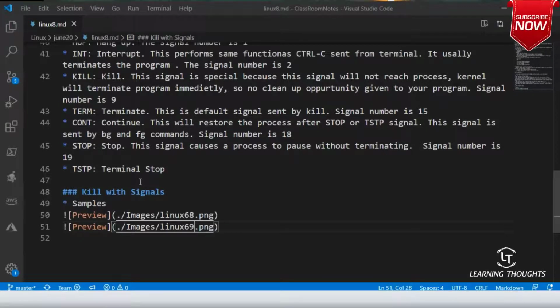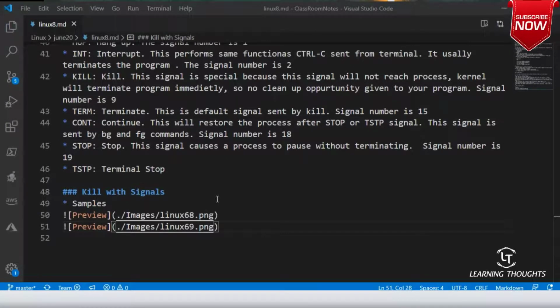In Linux, can I send a signal to a killing process? By default, you will never do that.